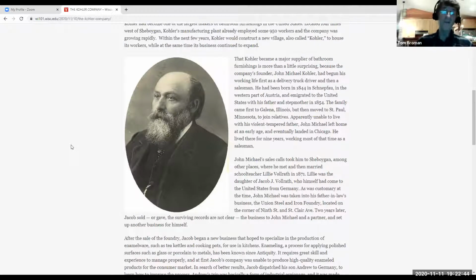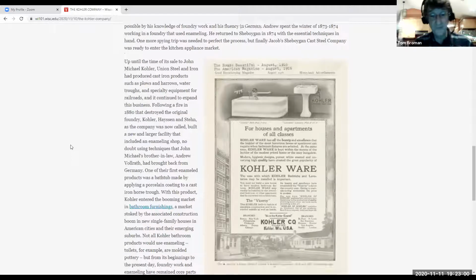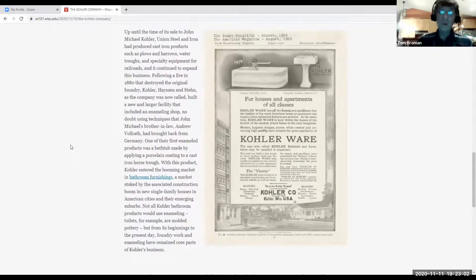Andrew Fulrat, the son, brought them back, helped the Fulrat company enter business in kitchenware, and also helped the Kohler Company enter business in enameled bathroomware, especially bathtubs in the beginning. Kohler then enters this market of offering bathroom appliances, and it's exploding rapidly because at the time,